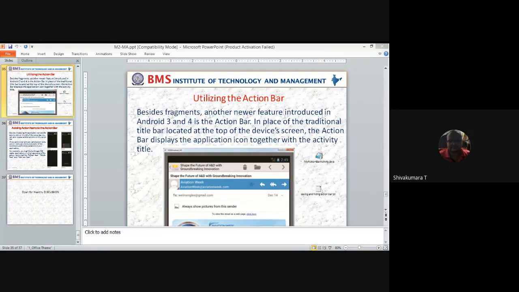Context based settings means when you click on that dot dot dot, it will drop down the settings relevant to the current context. The same settings won't appear when you are inside a contact's chat window. That context is different. Depending on the context, it is going to pop up and provide the options to you. So this is called the action bar. The action bar's job is it eases your navigation to an application, internal application as well as external application.